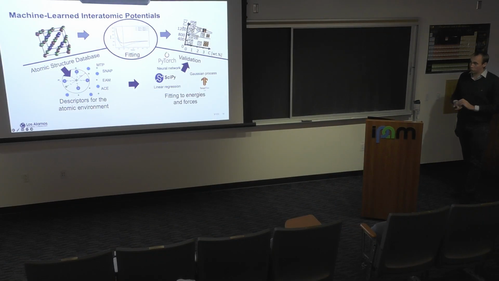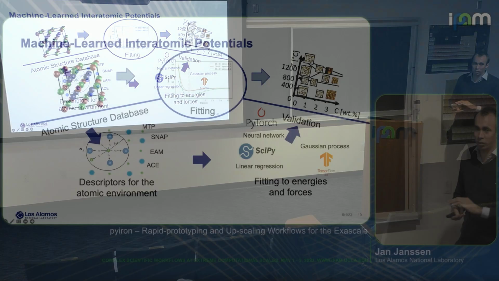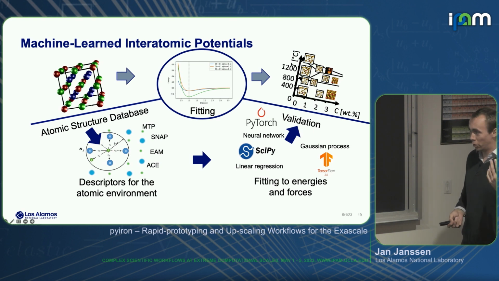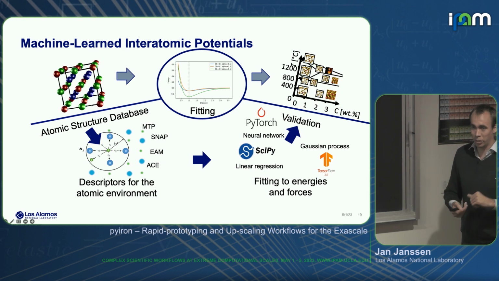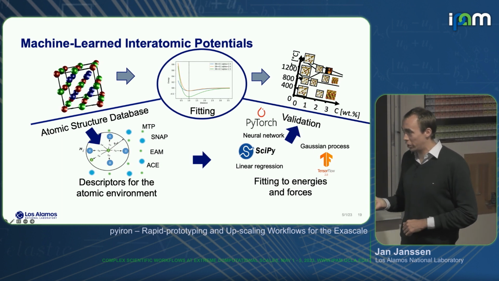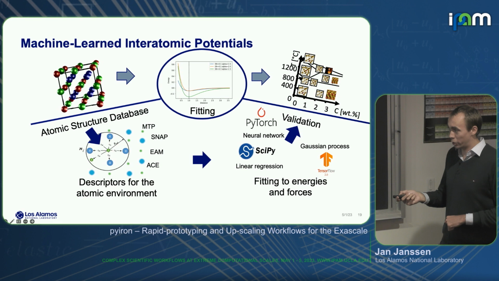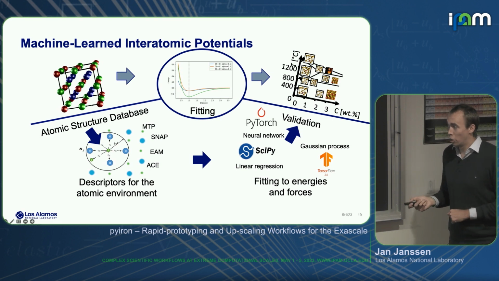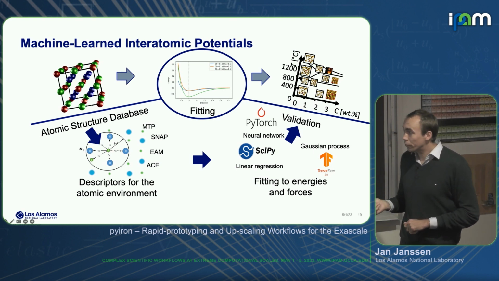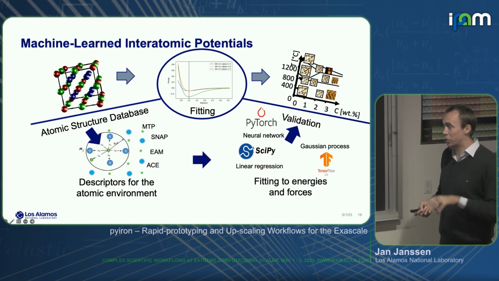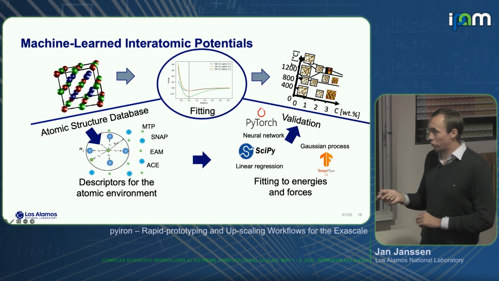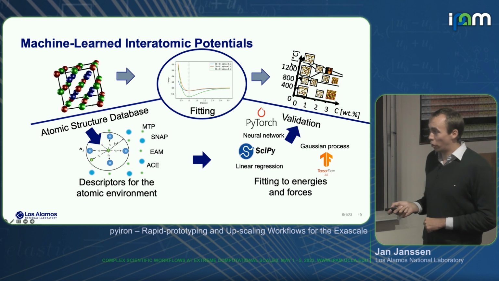And if we now look into the fitting process in a bit more detail, we can usually divide this into two steps. The first step is that we map from our atomistic structure, with XYZ coordinates, into a descriptor space. And these can be simple descriptors like the EAM potentials, or more complex ones like the SNAP bispectrum components, or the ACE potentials that I guess Ralph is going to talk about on Wednesday. And then from this descriptor space, we have a second step where we map from the descriptor space to per-atom energies.